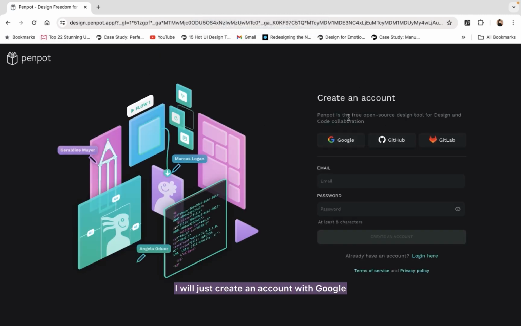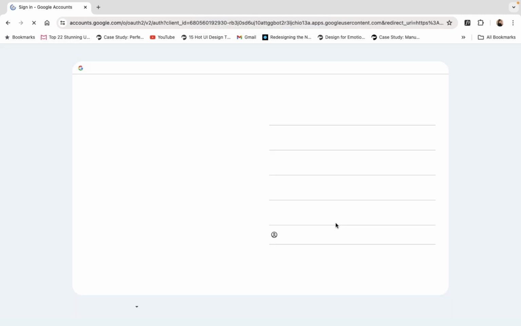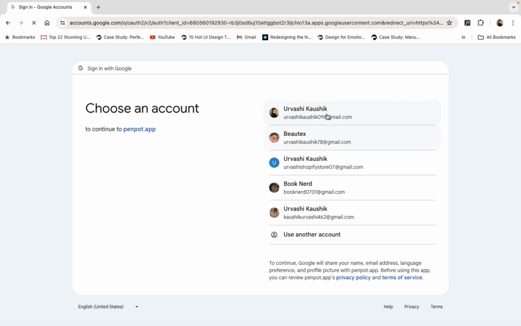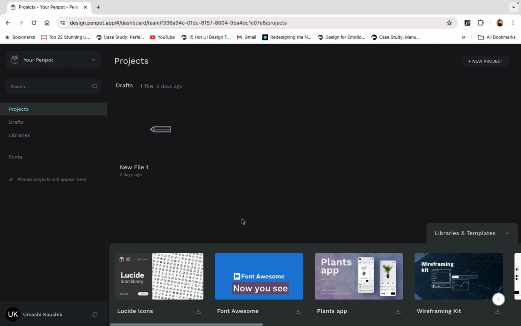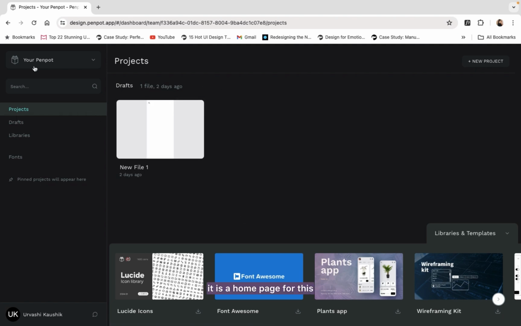I will just create an account with Google. Now you see, it is the home page for Penpot where you can see everything like fonts, and you can also see templates like plants, wireframing kit, and all that stuff.